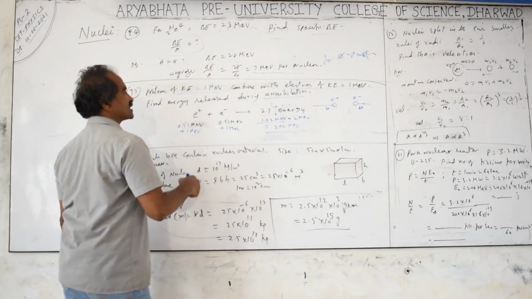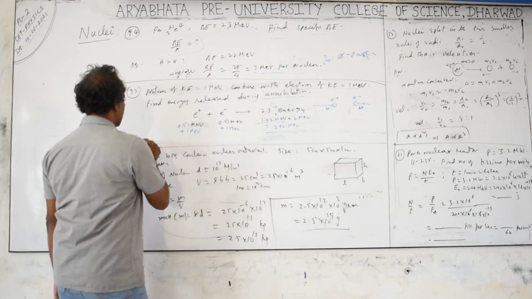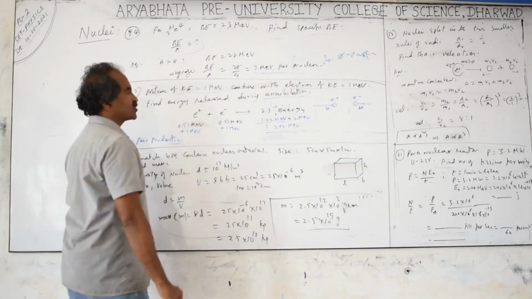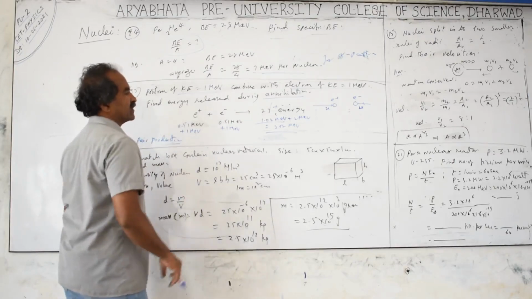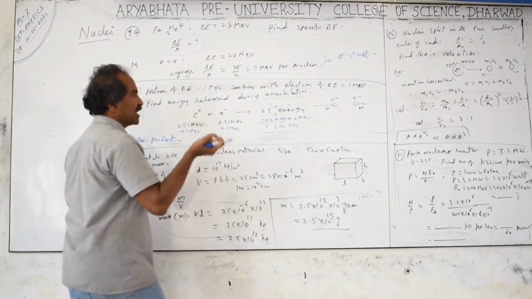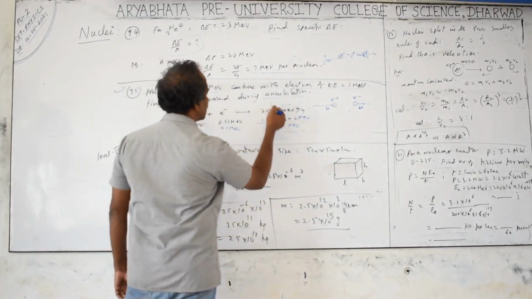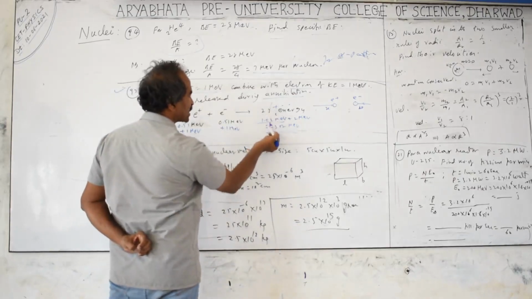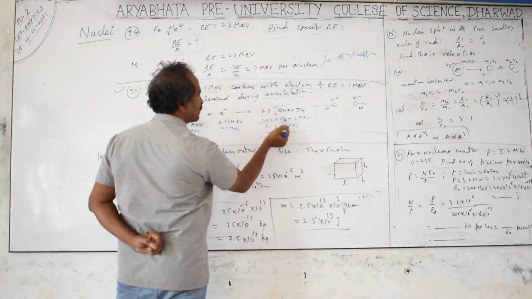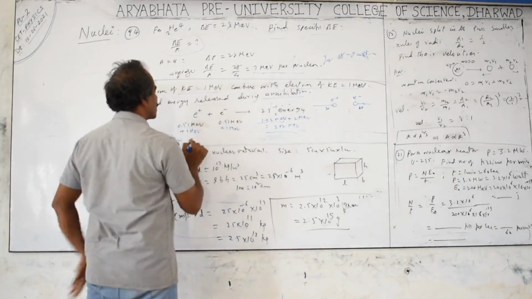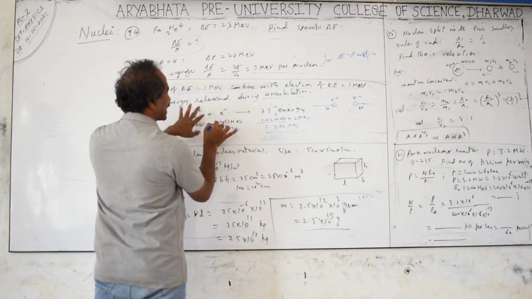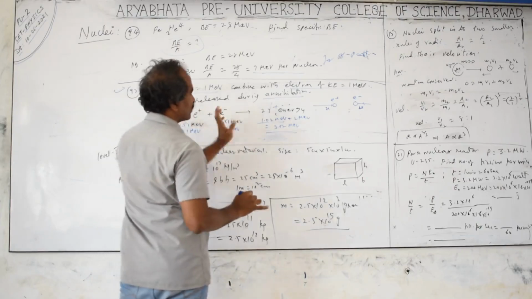Next is the reverse process. The reverse process is called pair production. In the case of pair production, energy is absorbed and converted into mass. Whenever any material absorbs gamma rays of particular energy, then an electron-positron pair is produced. So if the gamma ray energy absorbed is 1.02 MeV only, then you will get the electron-positron pair, each having the mass according to the energy-mass relationship, but at rest, they don't have kinetic energies.